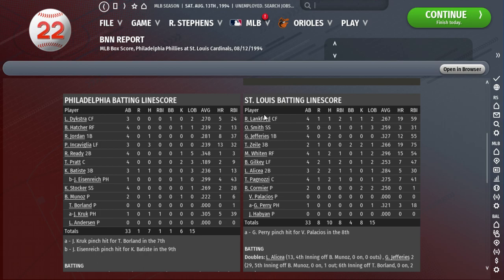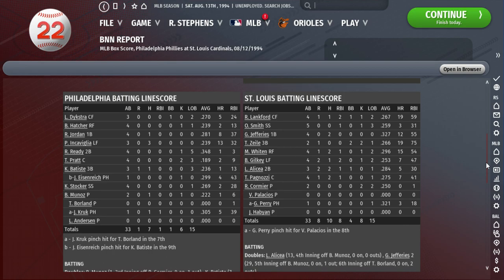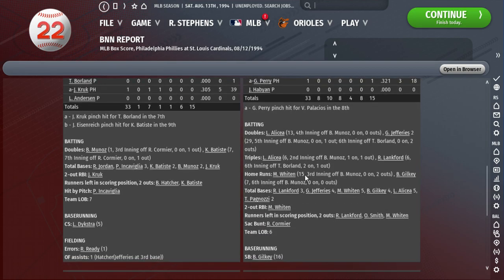Two for Greg Jeffries, 2 for Gil, 2 for Alice, 2 for Paisley. Balance hitting, 10 hits for St. Louis. Pete Julia, 3 for 3. 7 total for Philadelphia. Run, St. Louis, Mark Bernard Gilkey.